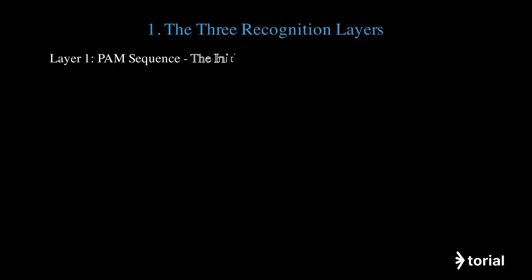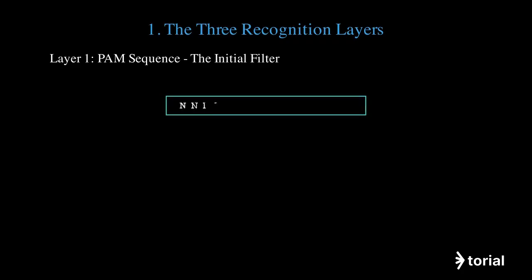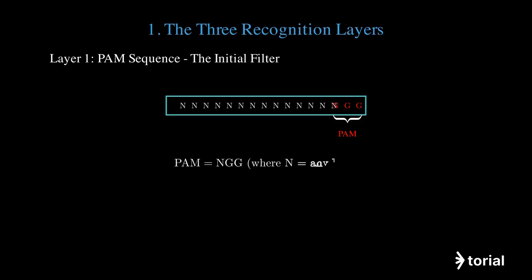The first layer is the PAM sequence, which acts as an initial filter scanning the DNA. PAM is a short sequence, typically NGG, that Cas9 must find before it can bind. This dramatically reduces the search space. PAM is NGG, where N can be any nucleotide base, and it appears roughly every 8 base pairs in the